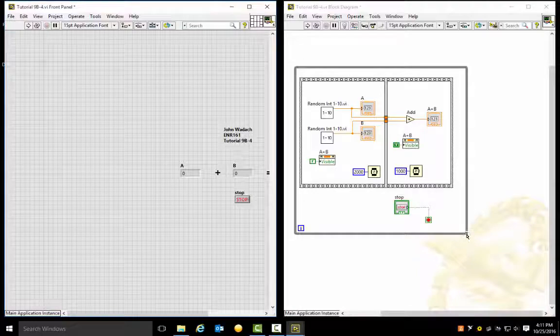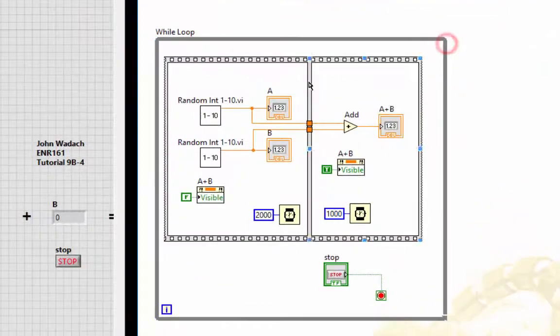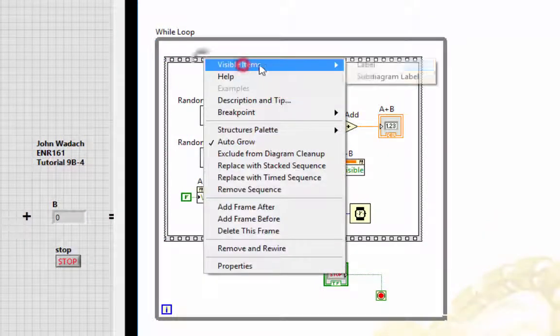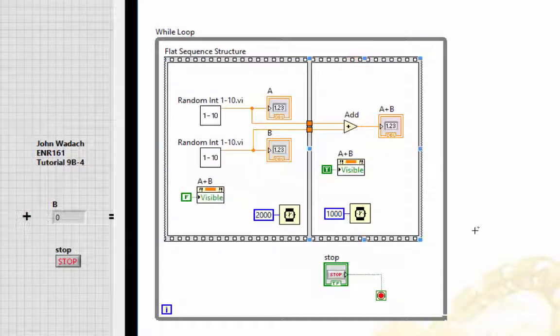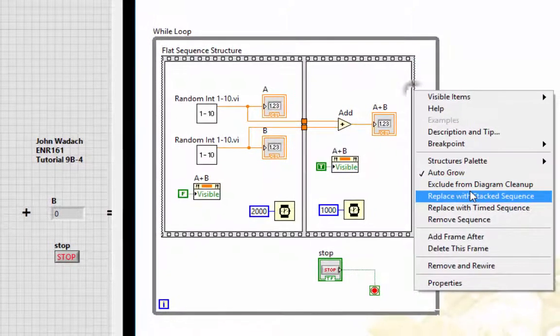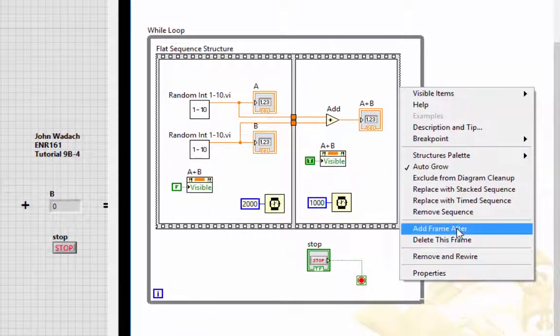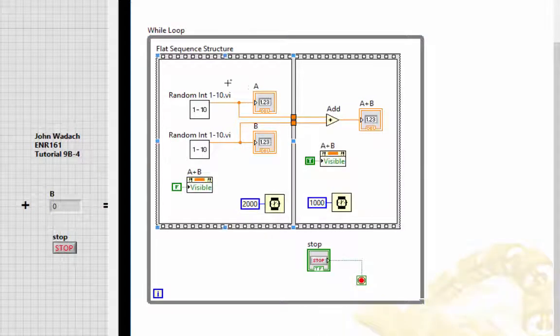Okay, so what we're going to do is we're going to have a while loop. So let me put a visible item here, a while loop. And inside that while loop, we're going to have a flat sequence structure. Remember, once you put your flat sequence in, you're going to right click and add frame after if you want to add extra frames. So I have two frames. The first one's going to create two random numbers between 1 and 10, and those are going to be integers. And those are going to then get fed into indicators and also tunnel through, get added, and then we're going